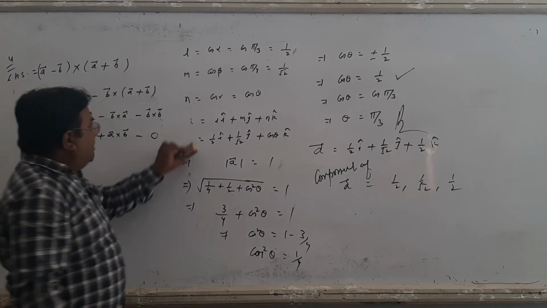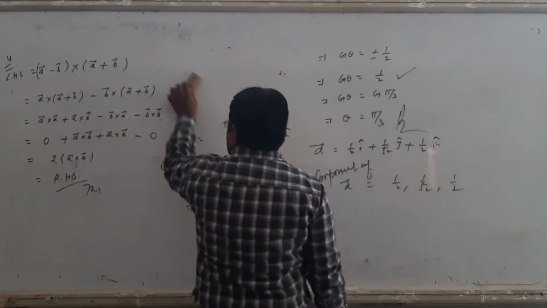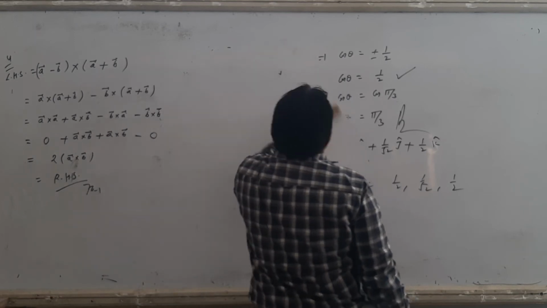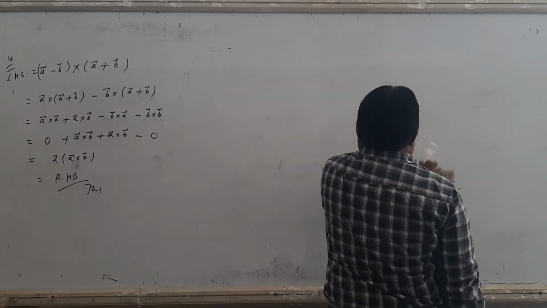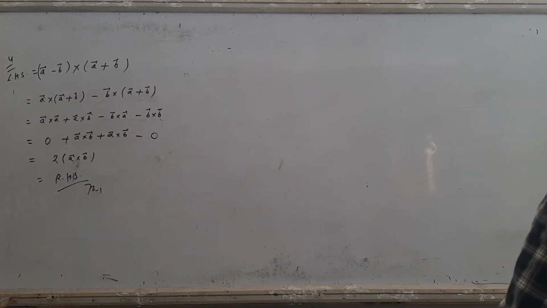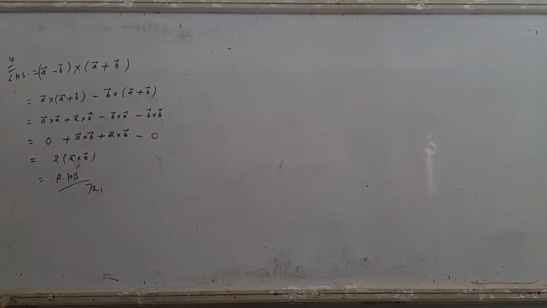Same, student, questions number 5th, 6th, 7th, 8th, 9th are all very easy, totally dependent on formulas. Cross product mostly depends on formulas. Look here, question number 5: find the value of lambda and mu, where the cross product of two given vectors equals the zero vector. You simply have to find the cross product using determinants and equate to find lambda. In the 7th question, vectors A, B and C are given, and you show that the left hand side and right hand side are equal. Questions 9, 10, 11 are all easy.